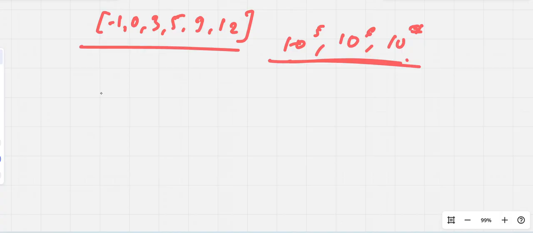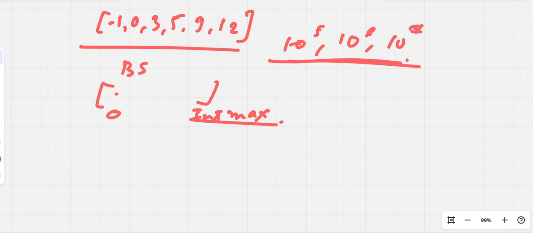Let's say we have an array and our last element is int max. Suppose we did binary search till last and we still didn't get our target value. At last, what will be remaining would be int max